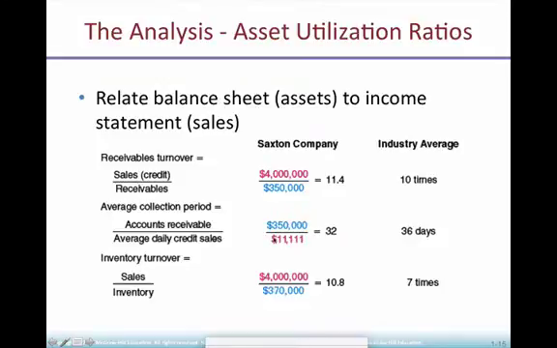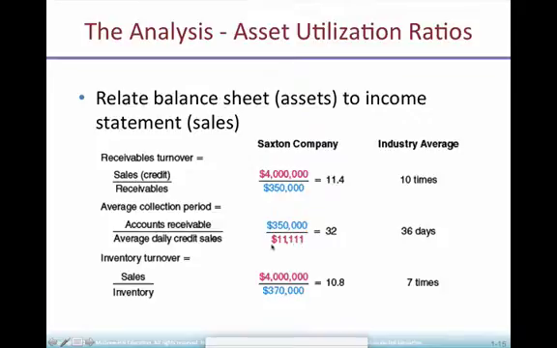The way it's calculated is you see the word daily, average daily credit sales. These sales, total 4 million sales, are for the year. So we divide this number by 360. For some reason, they consider 360 the number of days in the year instead of 365. So if you divide 4 million by 360, this is the number. It's called average because every day, on average, I sell on credit